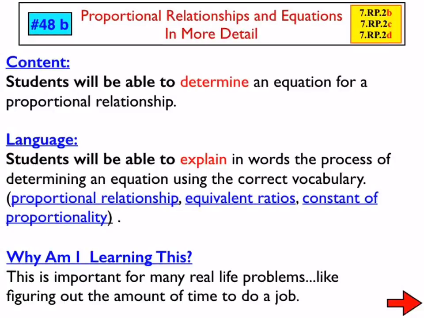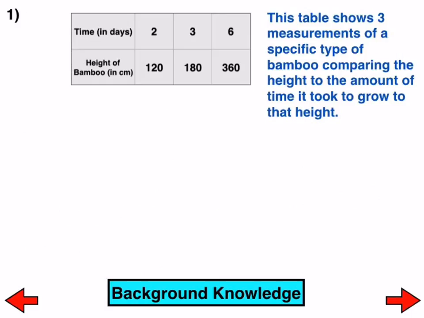All right, today, lesson 48B, proportional relationships and equations, which was our last lesson, but today in more detail. So let's get started. So here we have a table. We've seen this table before. It shows three measurements of a specific type of bamboo comparing the height to the amount of time it took